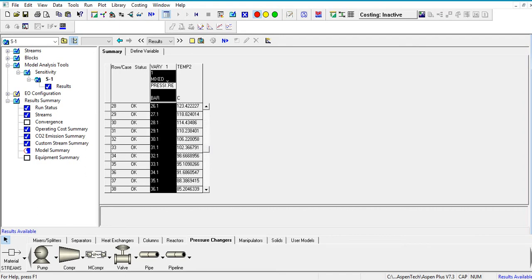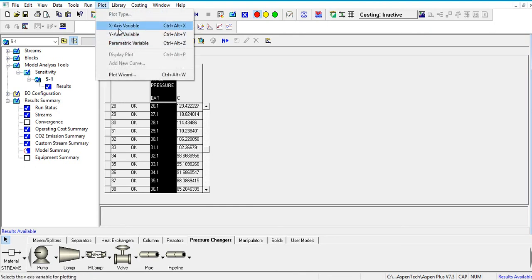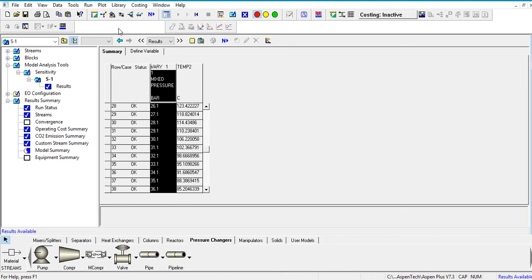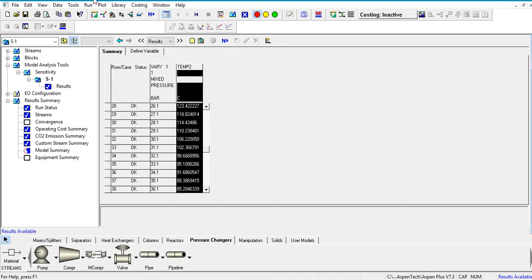If we require any graphical representation of this, we click this and then we go to plot. We use this as the x variable because this was independent and this was the stream 1 that we intended to change, and then we give this to be the y axis variable, and then we plot.